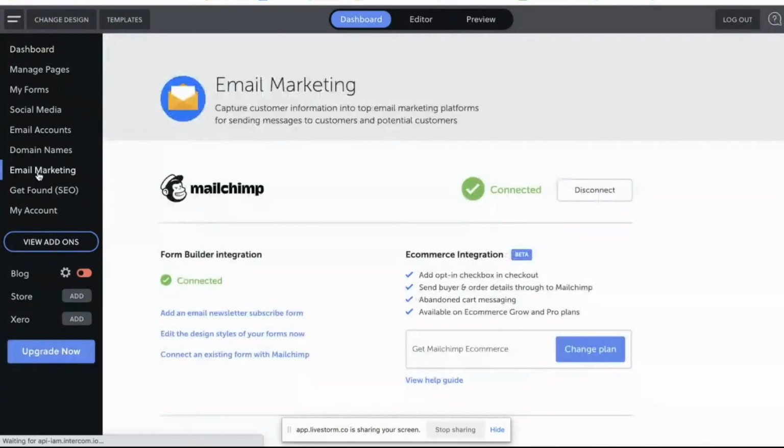Cool, so the cool thing about email marketing as well, as I was mentioning before, one of the main things about setting up an email marketing tool is just so that you can actually get that reach, especially as you start to get a lot more traction in this. If you're sending out bulk emails, it's always good to be set up with something such as MailChimp. We have a couple other integrations here as well.